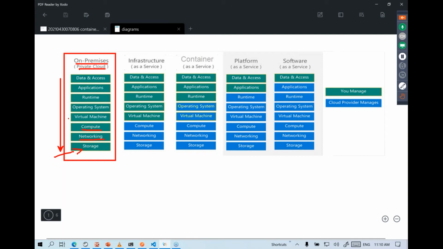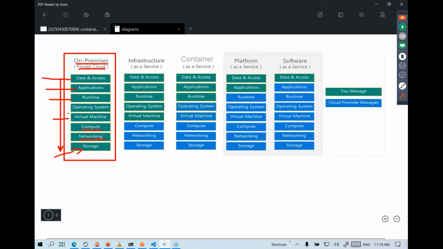And then typically we try to install some virtual machine, then some operating system, and then we install various dependencies or packages or SDKs or JDKs like Java Development Kit, .NET Framework, .NET Core, PHP, Python sort of dependencies, and then you get to deploy your actual application and your actual data. So typically you're responsible for managing the whole thing.